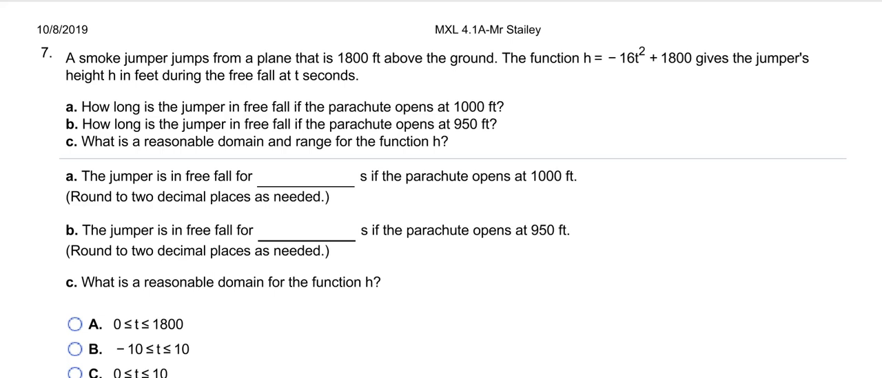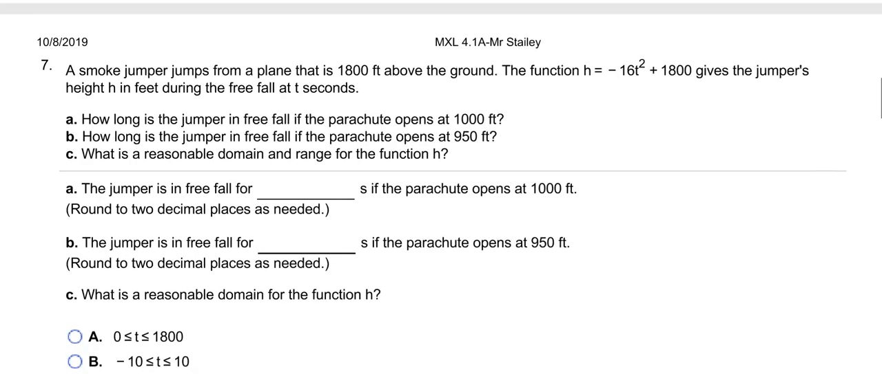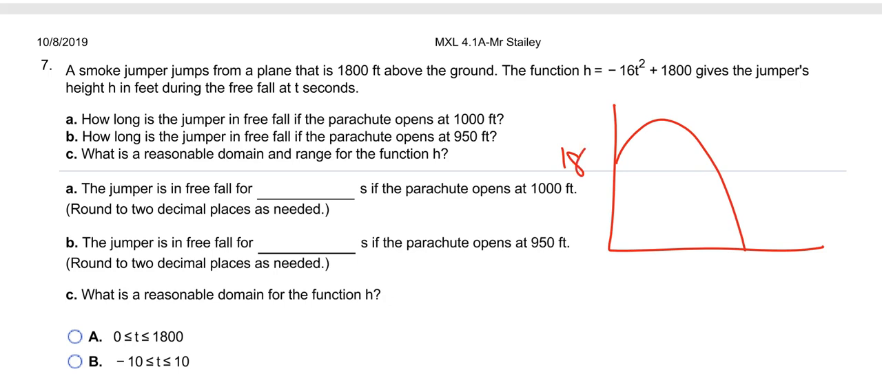Now, if you pay attention to what kind of parabola we're talking about, we're starting out at 1,800. And pretty much, I think this is a bad picture. Pretty much you're starting out and you're just doing this, okay? Unless you can jump up in the air, but this formula does not show that you're jumping up in the air. This formula says you're just falling out of the plane,